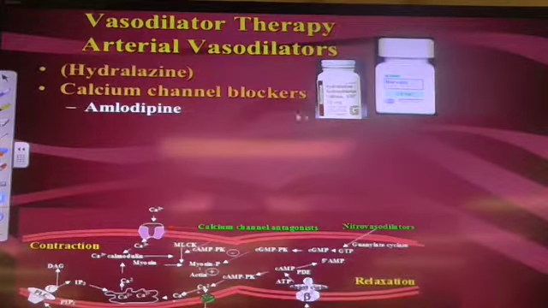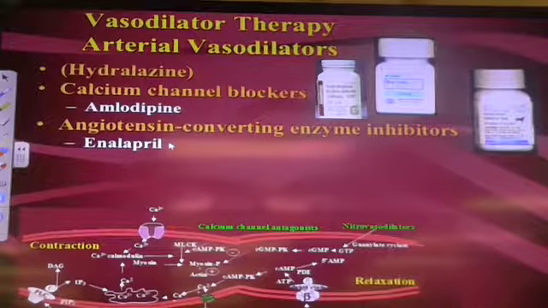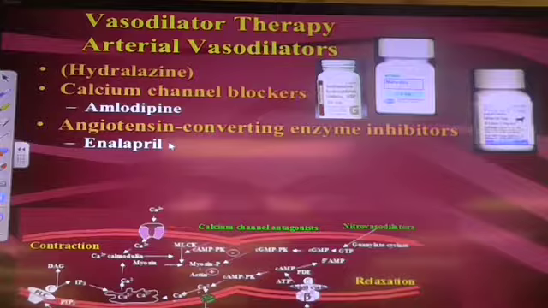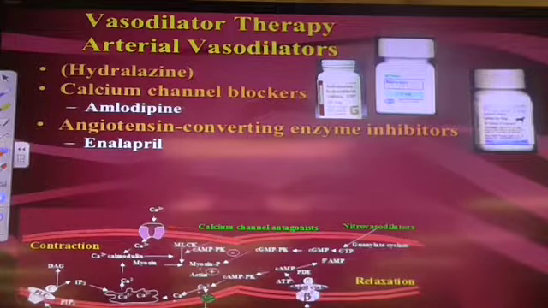The main drug that we're going to talk about, the first model drug, is amlodipine. It is a calcium channel blocker. It's going to target calcium influx, therefore it's going to decrease resistance in those precapillary arterioles. Primary use is going to be cats with hypertension. Of course, the biggest class of drugs that we're going to talk about are going to be the ACE inhibitors. And the ACE inhibitors don't work here. The ACE inhibitors actually work further up by inhibiting angiotensin's effects.